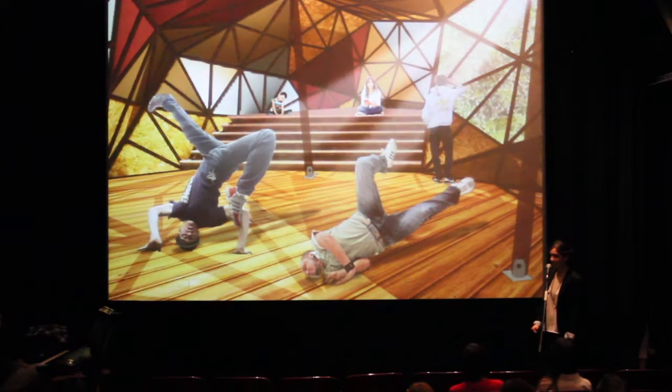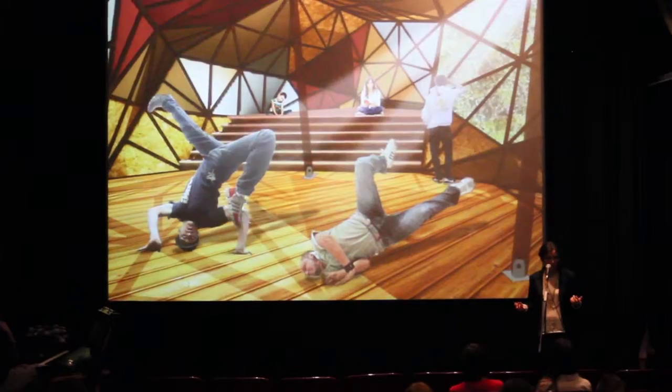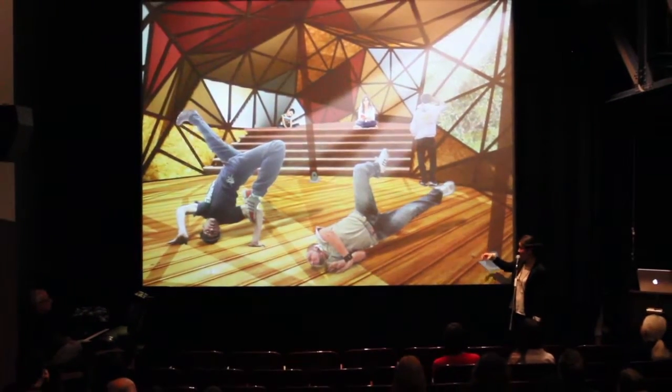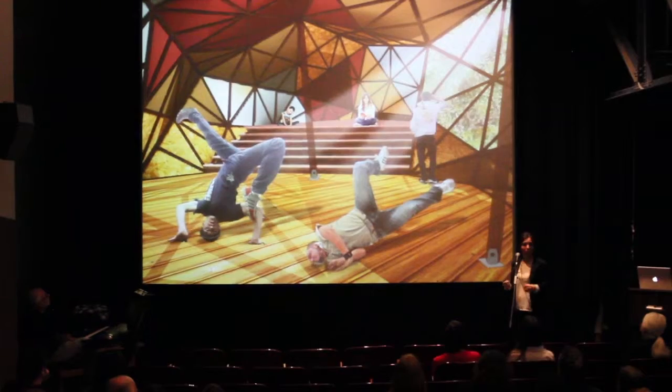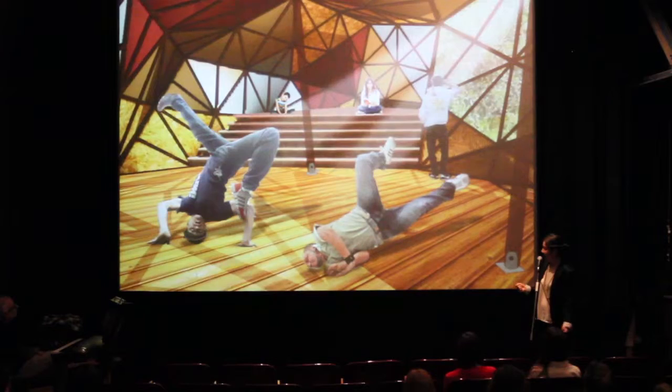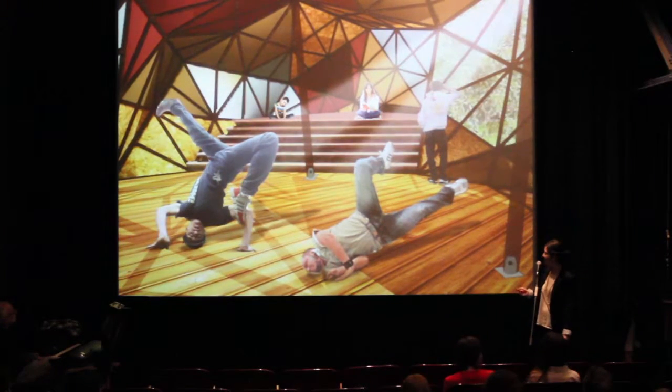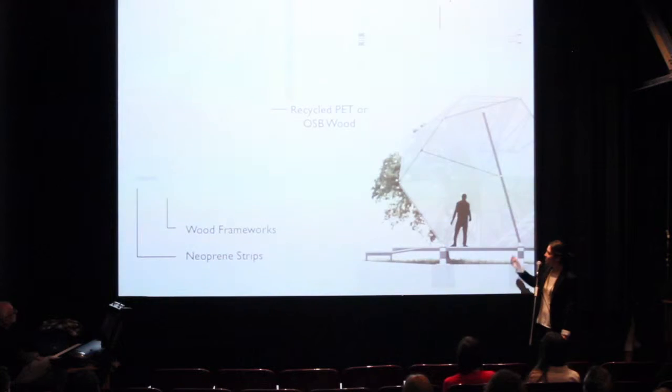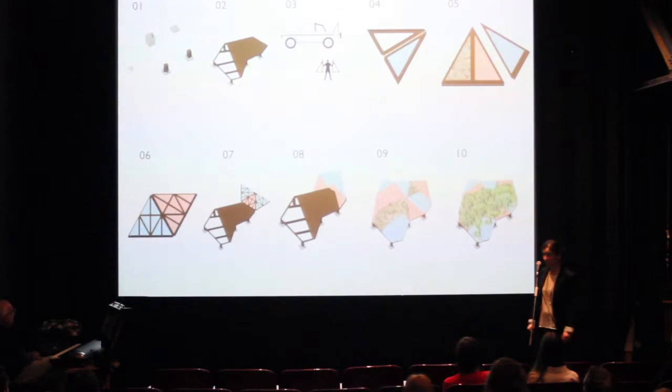Regarding the form and the space, it is definitely more aligned with our nature. There is no single straight angle, and they are combined in ways that reinforce the connection with nature. So how does it work? It is like a sandwich. There are two frames of wood, then a middle element that could be recycled PET or OSB, then a neoprene strip that connects the modules, and then there is the wire mesh that holds the bands.